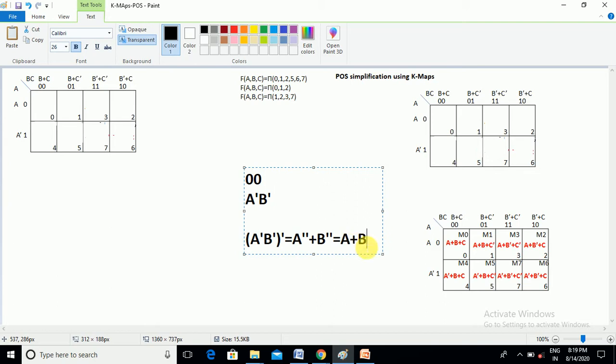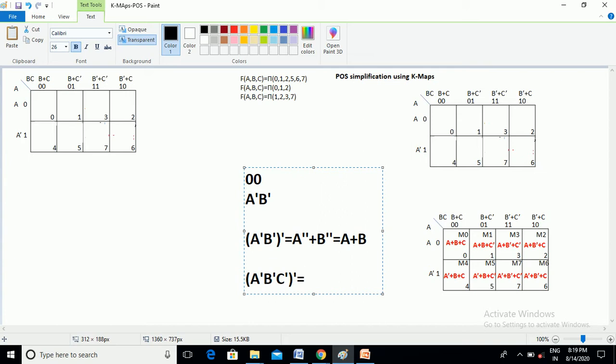This is a max term value, and this is a min term value. Similarly, b dash c dash will become b plus c, and it can be applied to every signal of a K map, the 3 variable K map. Accordingly, you will get the value of M0 as a plus b plus c. Now what is the small m0 value? A dash b dash c dash. If you apply the inversion for the corresponding min term, then what could happen? Apply De Morgan's law.